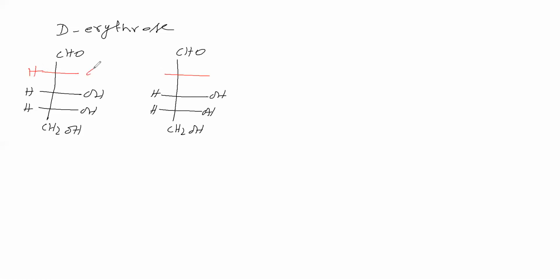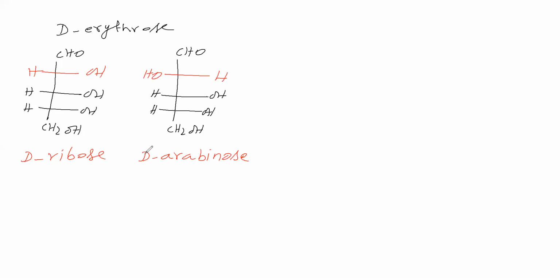Here HOH like this, we will invert HOH and we will write. Now this contains 5 carbons. This is called ribose. This is called arabinose. In this ribose, it is CH2OH. This is the chiral carbon. In this chiral carbon, OH group is on the right side. Therefore, D-ribose. It is CH2OH. Next is the chiral carbon. In this chiral carbon, OH group is on the right side.